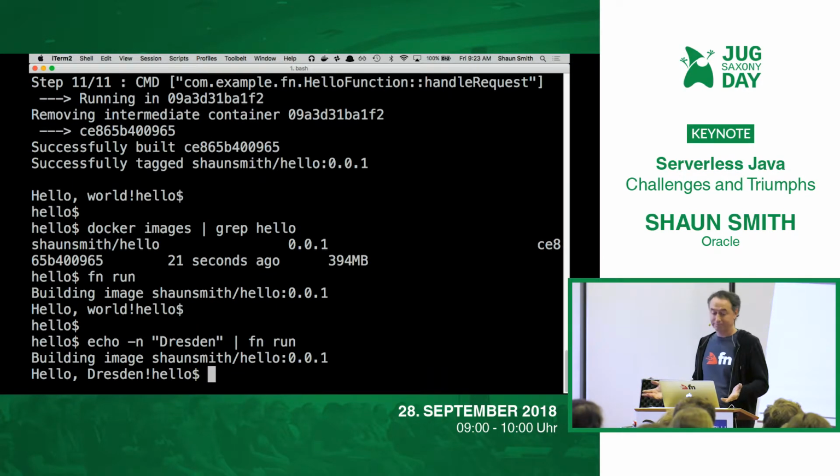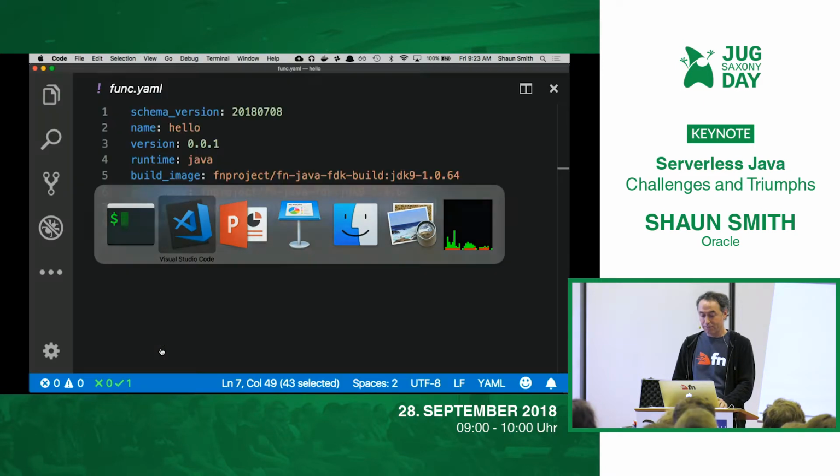So I have this little function, right? That's pretty easy to do. Now, what you saw there was, in the command line, I just sent some stuff to standard input, and that standard input somehow got into that method, right? Somehow, through the Function Development Kit,